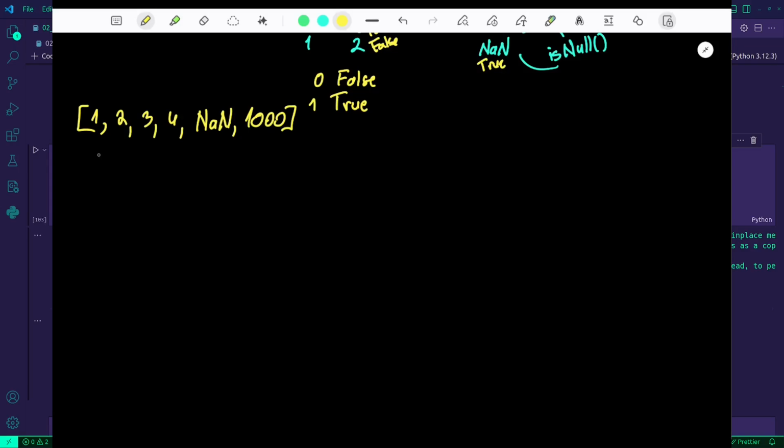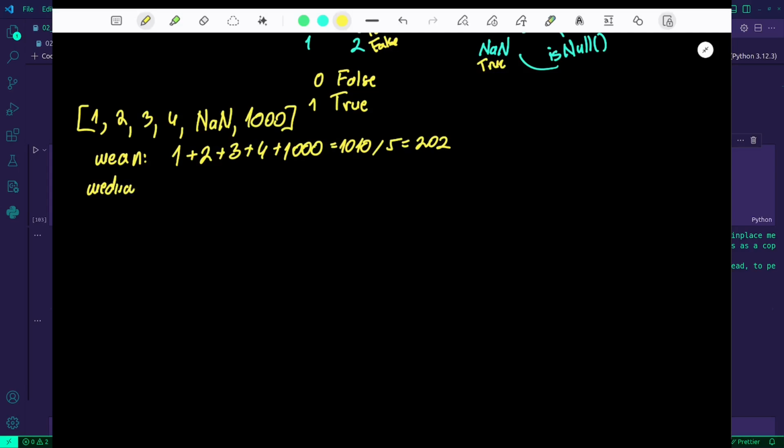The mean would be 1 plus 2 plus 3 plus 4 plus 1,000. It's 1,010 divided by 5. I don't want to make a mistake. 202, right?